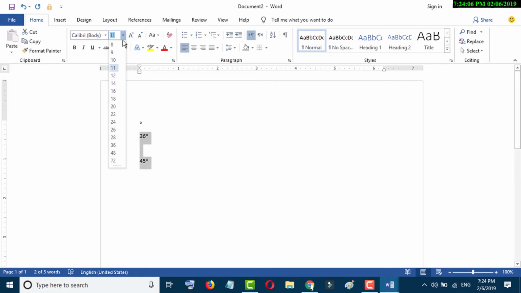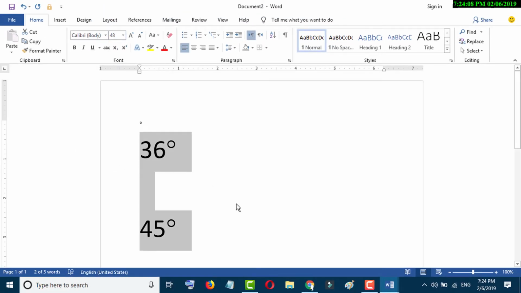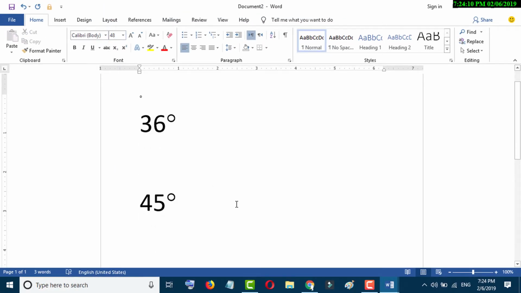Now when you need, just click on Alt+9. So it will create degree symbol. So by this easy method you can insert degree symbol in MS Word